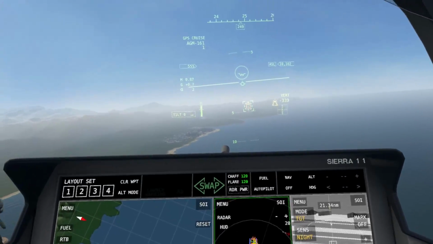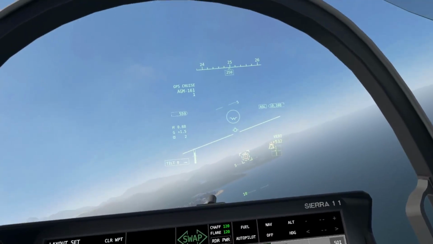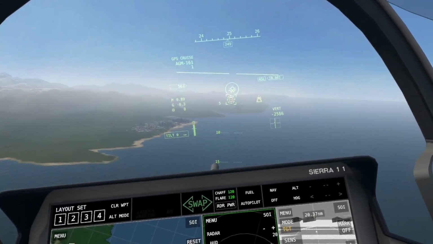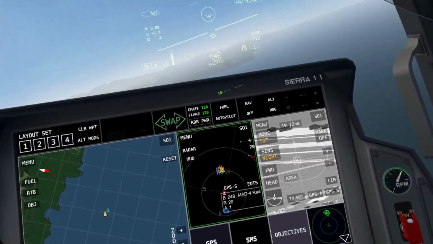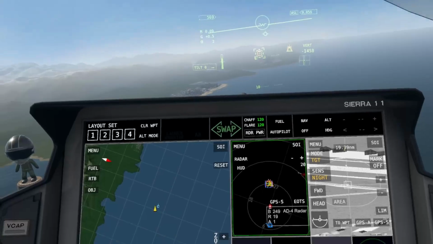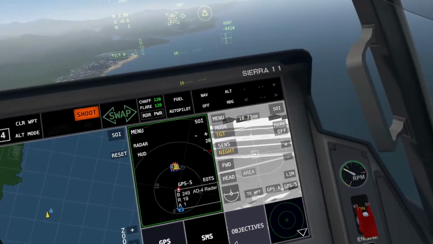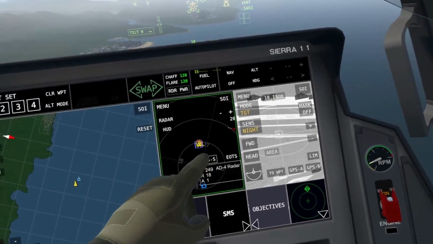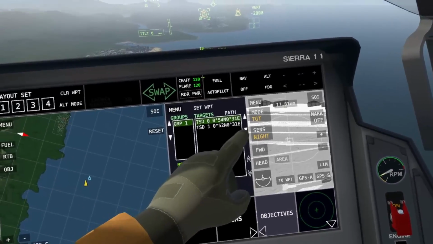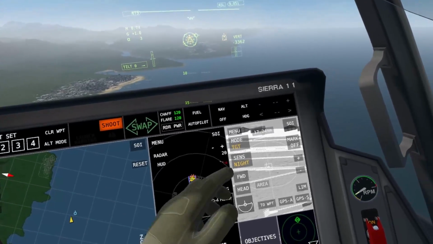The MAD 4 radar combined with the MAD 4 missile system is a very long-range air defense. So we gotta be careful. You have to be careful if you see one, because it has a very long range. So what we're gonna do is, provided it doesn't move, we could mark GPS, set the target GPS 1, and